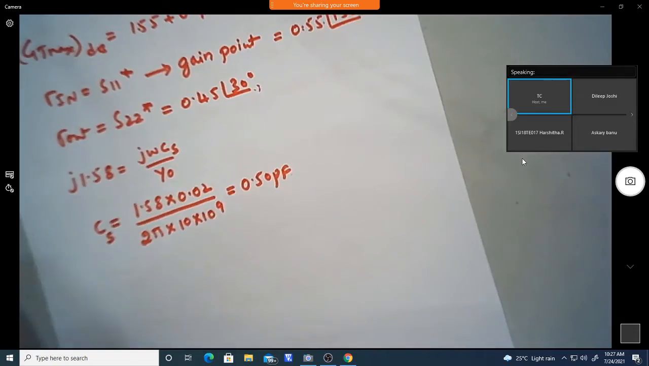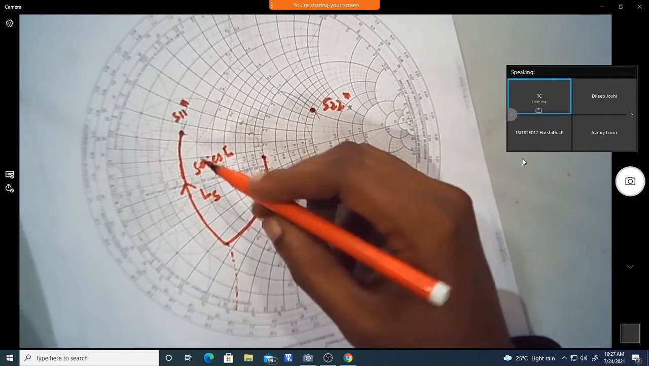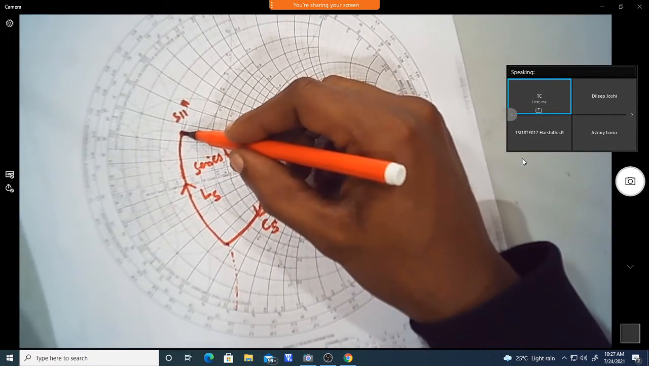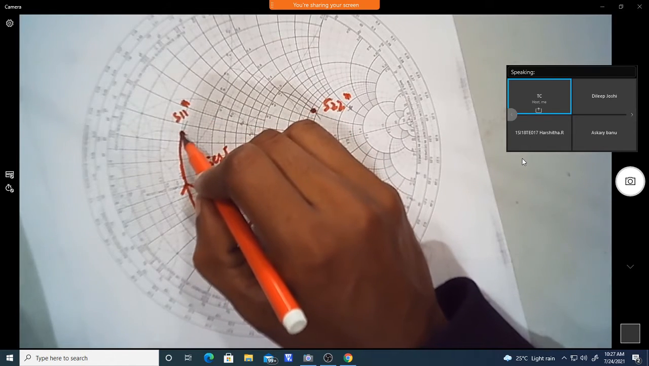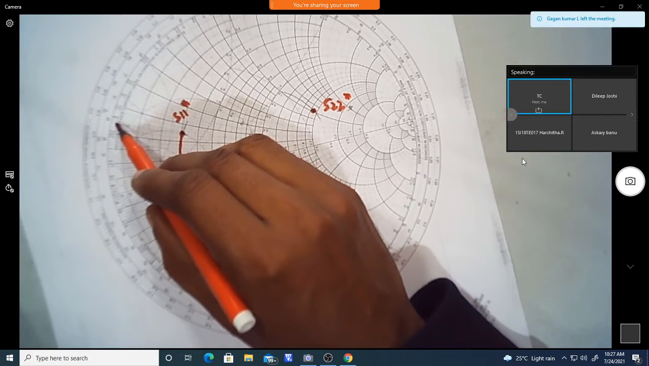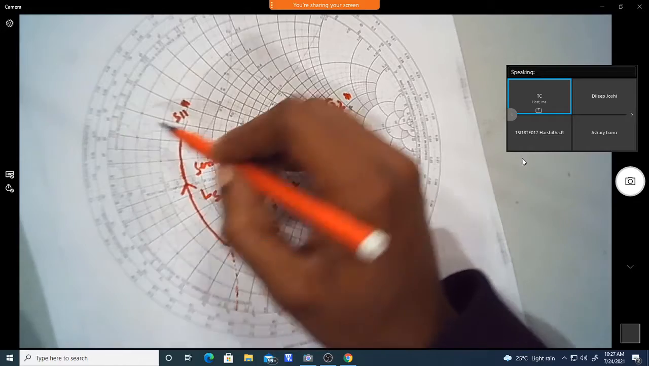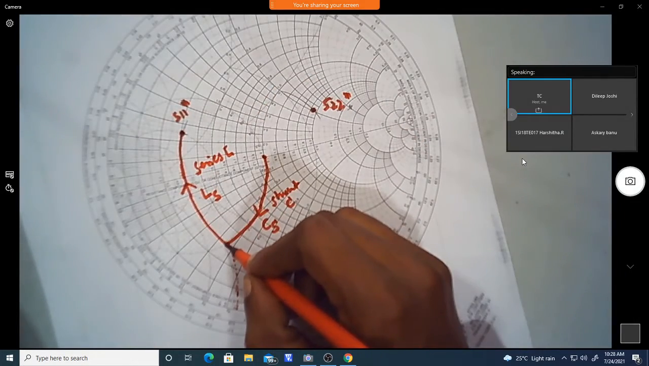Okay. So now similarly we need to find out the L. So now you can see here, this is the series L. So we need to find out, this is the destination point. So see the value of the reactance. It is around 0.24 or 25. Okay, 0.25 at this point, and at this point we are getting the